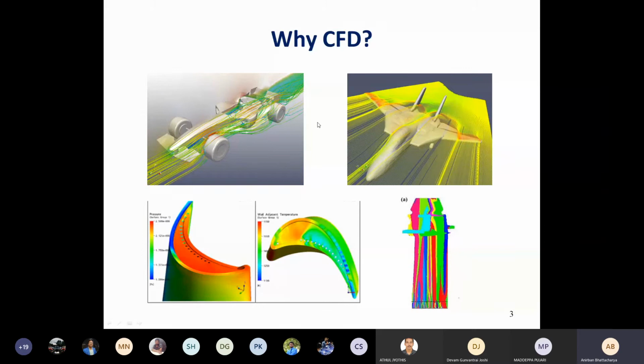For example, this photo that is shown for this Formula One car, with the velocity profile or the streamlines that you can see. There is no guarantee that this is correct. I have just taken something from Google. So you have to calculate different parameters, and there are different checks.